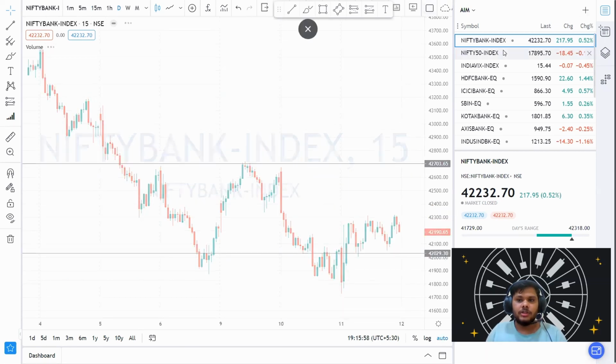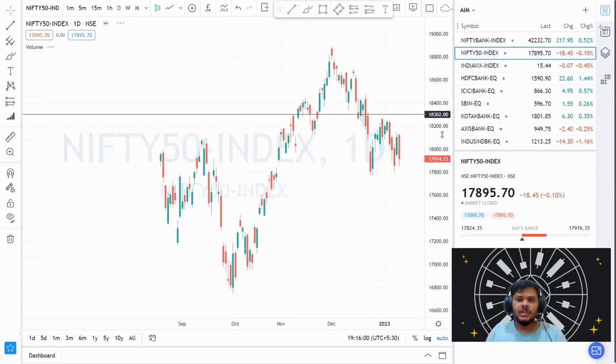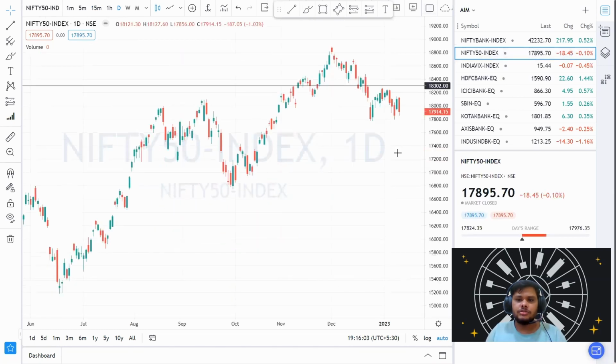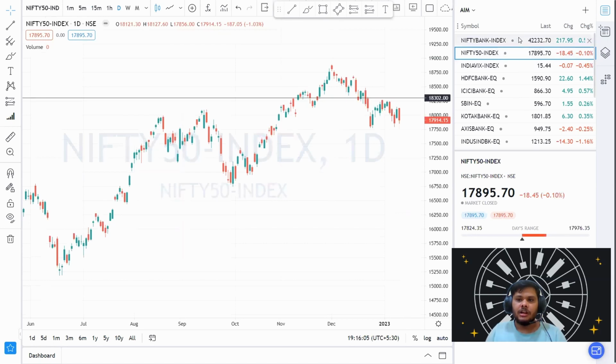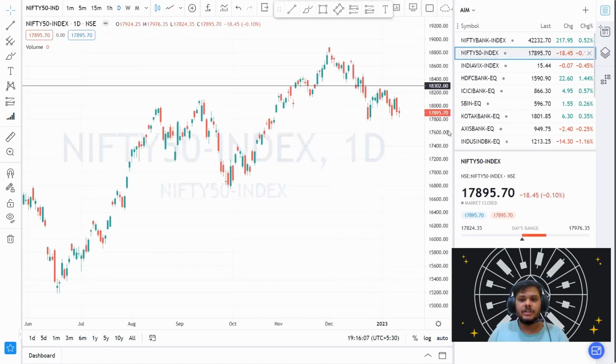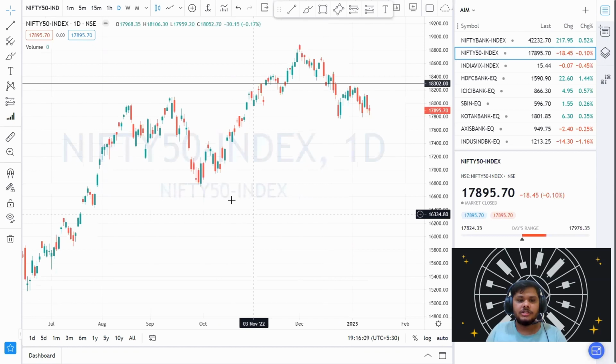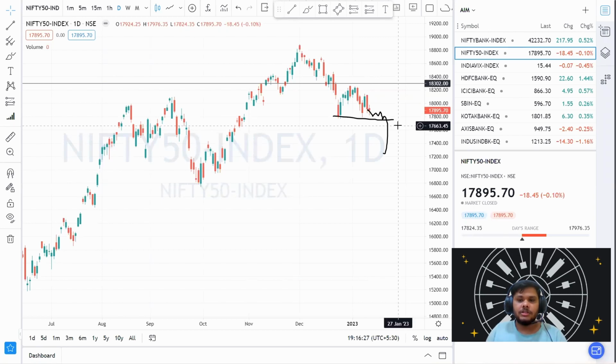Now let's look at Nifty in the 1-day candle chart. In Nifty, you can also clearly see that it shows some negative movement here, and it did not show any kind of positive sign, and right now it trades around 17,900 level. One thing you can clearly notice is that it continuously tries to close below its 17,800 level, but it did not close below that. So if tomorrow the market opens flat or gap down and it trades below 17,830 or 17,800 level, then you can start some selling pressure here, and you can set your target to 17,700 first. Next target you can set to 17,600.